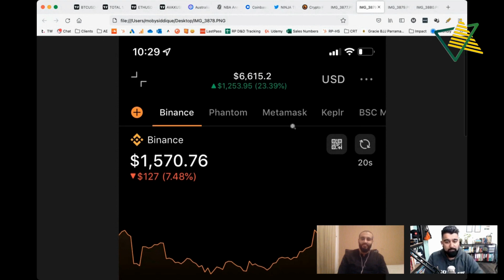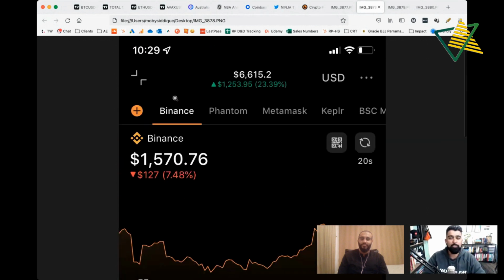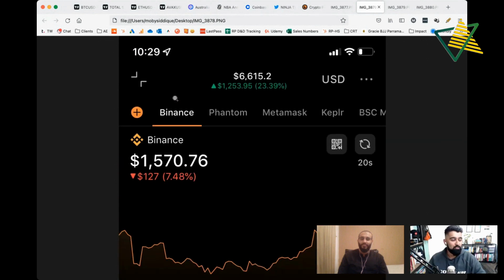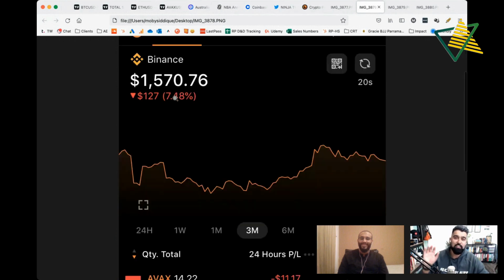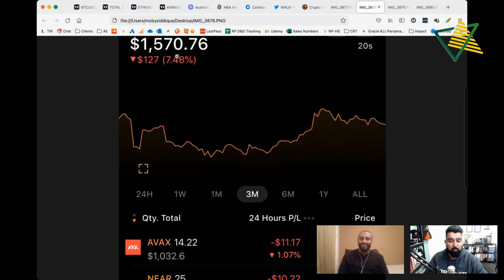So on this one here, I've just got my Binance, but if I clicked on that little button there, it would aggregate all of my wallets in one view, but I can just see my Binance. I was a little bit shy. I know some YouTubers will be like, oh, this is everything I have. And mind you, it's not everything that they have. I was a bit shy to show you everything that I have, but just in my Binance wallet,